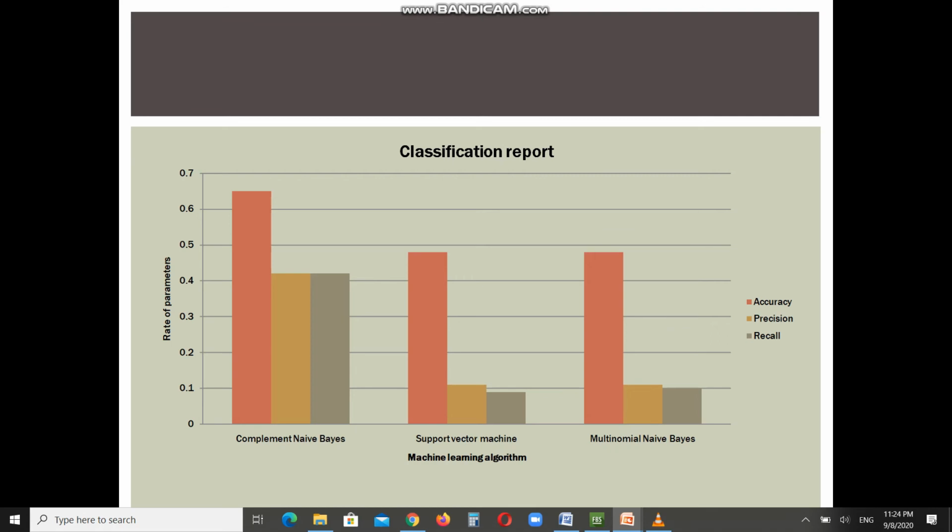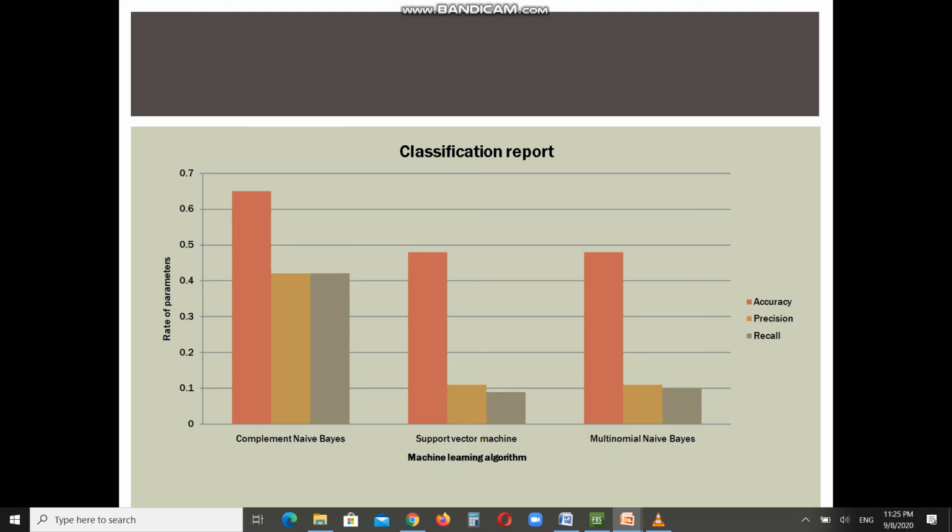So we can see the precision value of complement naive Bayes is the highest compared to support vector machine and multinomial naive Bayes. This is because the value of false positive for complement naive Bayes is lesser than SVM and multinomial naive Bayes. So false positive is actually taking the negative statement and making it as positive.